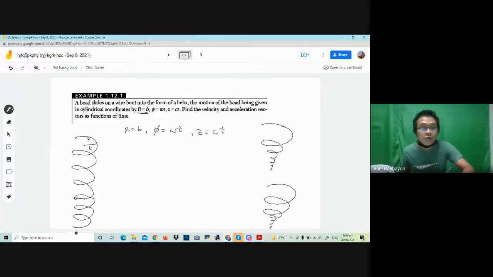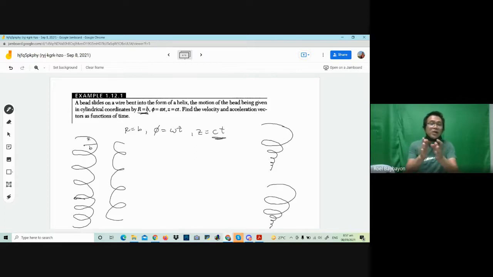Okay. Pataas din siya, no? Okay, if your c is positive, if your constant is positive, then the motion is going upward. Okay, paano sa ito? If it is negative, kung ang c mo is negative, then the motion is going downward. Okay, ingana lang, no? R is equal to B, fix mo hang helical nga imong R. And then omega is just katong unsa ka paspas imong tuyok. Okay? The phi is katong angle sa depende sa kapaspason sa iyang tuyok, and the z is depende sa c. If c is positive, it's going upward. If c is negative, it's going downward. So kanila atong timana, no? Kanilang tulo. Question is find the velocity and acceleration